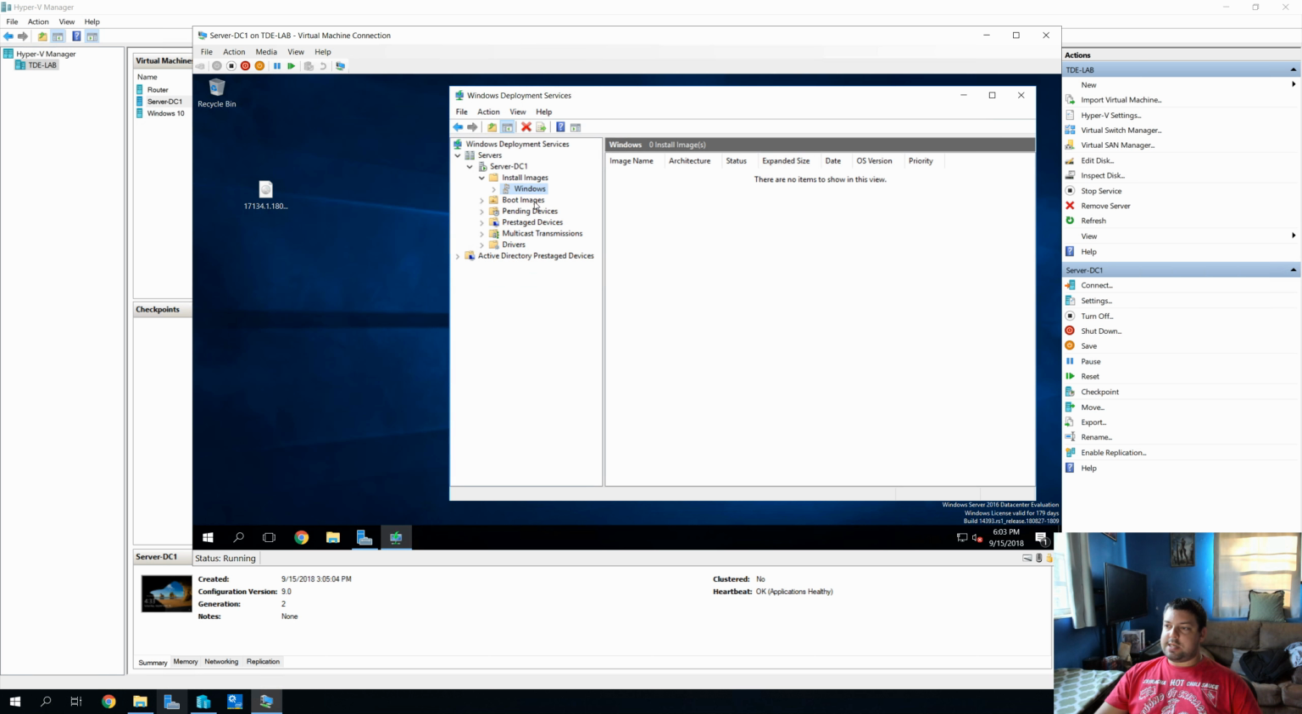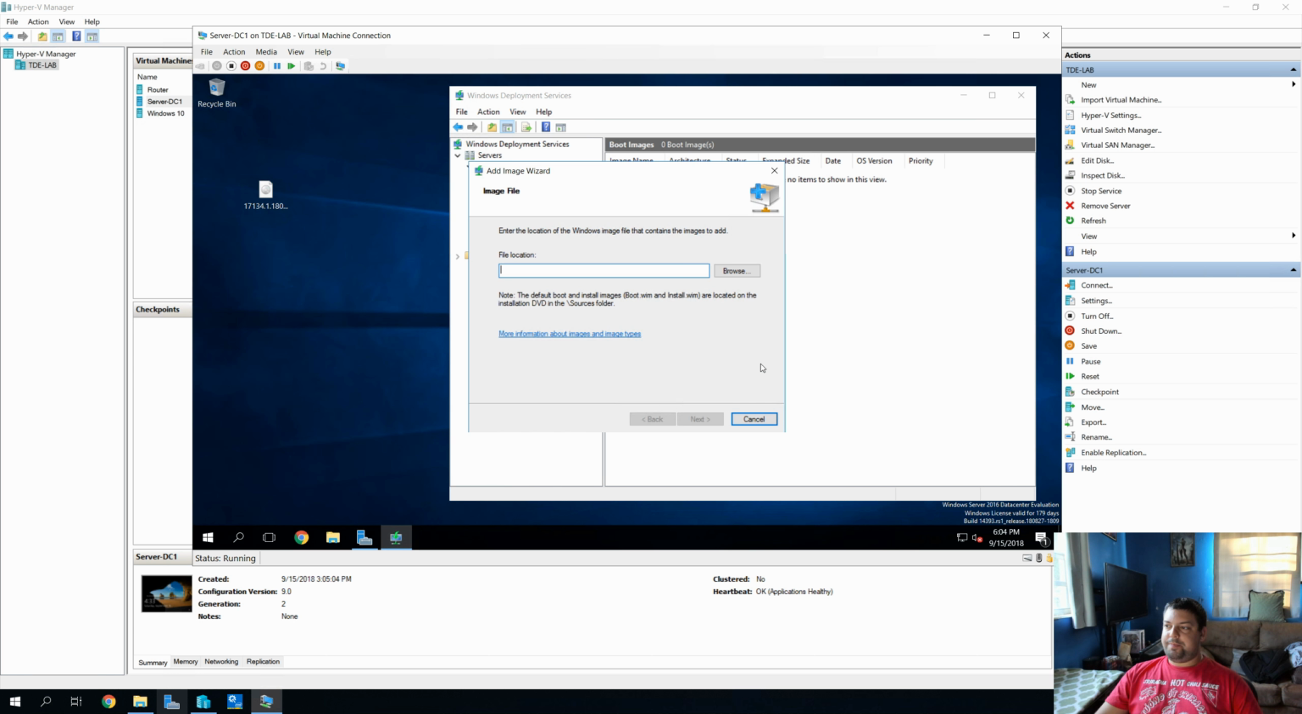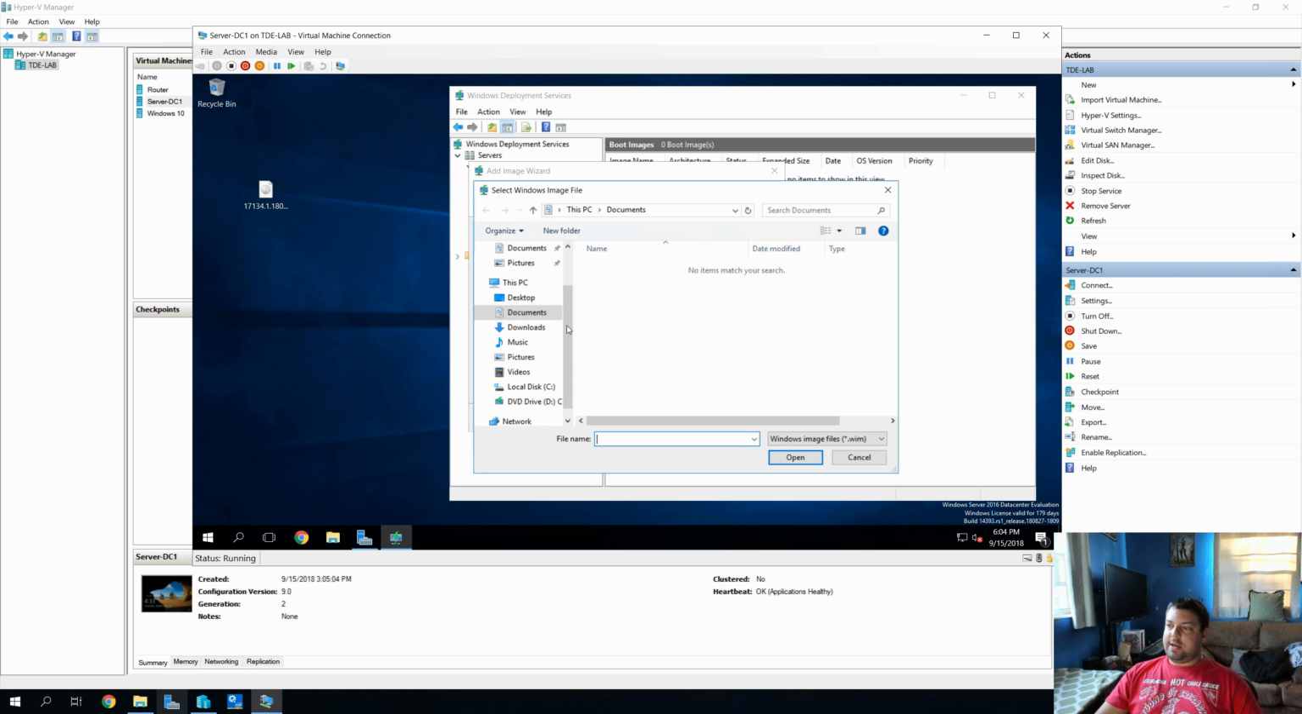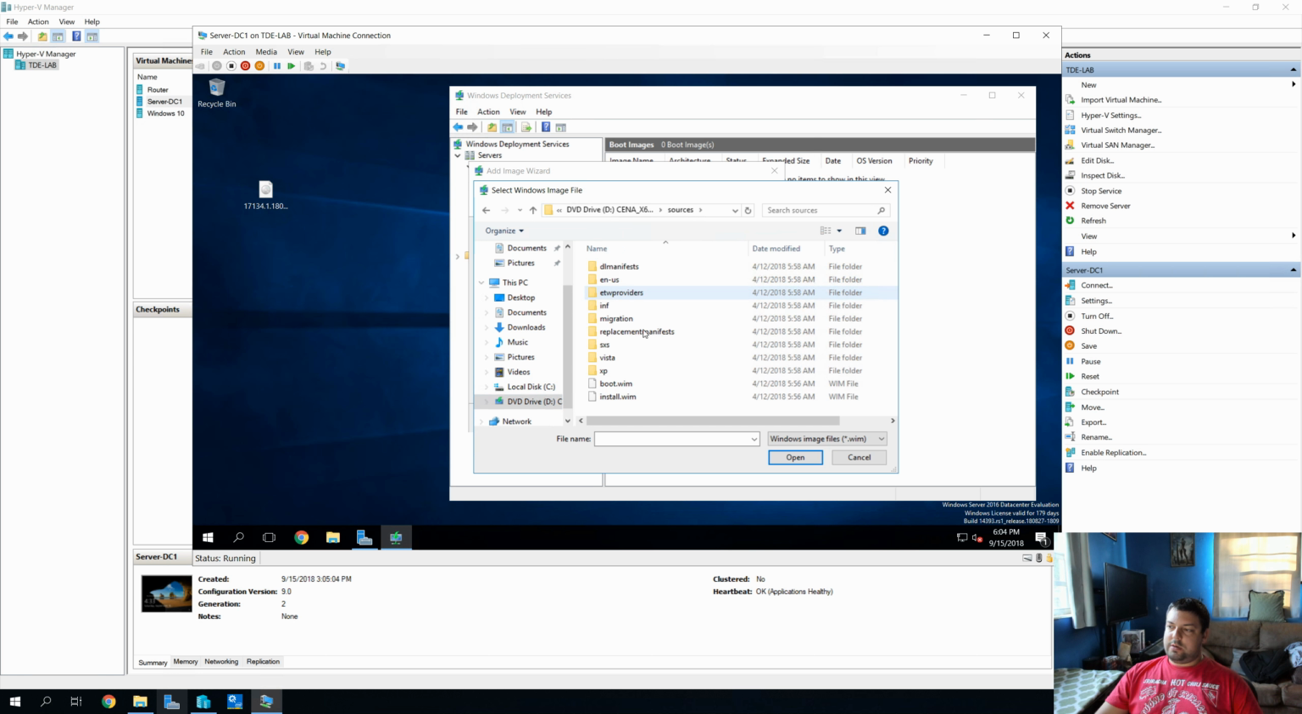So now that that's mounted, let's go back again to our boot images. We're going to do this one first, and we're going to add boot image. And now we're going to navigate to our mounted enterprise eval, go into the sources folder, and our boot.wim is right here. And as you can see, it automatically sorts by WIM, so you don't have to go through all the junk. We'll hit open,